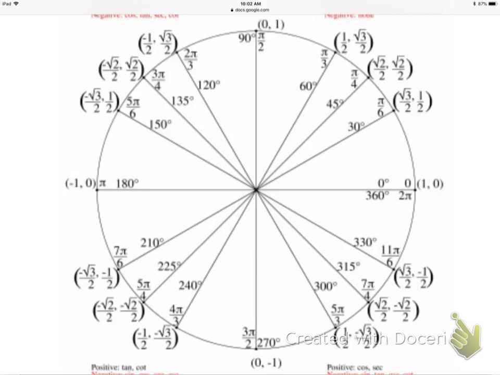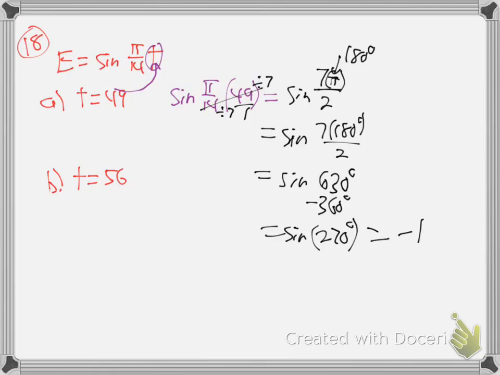Sine of 270, it's -1, but let's see it. So sine 270, down here 270, cosine sine, sine is -1. There we go. That's all we're doing with those parts. Does that make sense? Second one's the same. I'm not going to do it. Is that good? Is that making